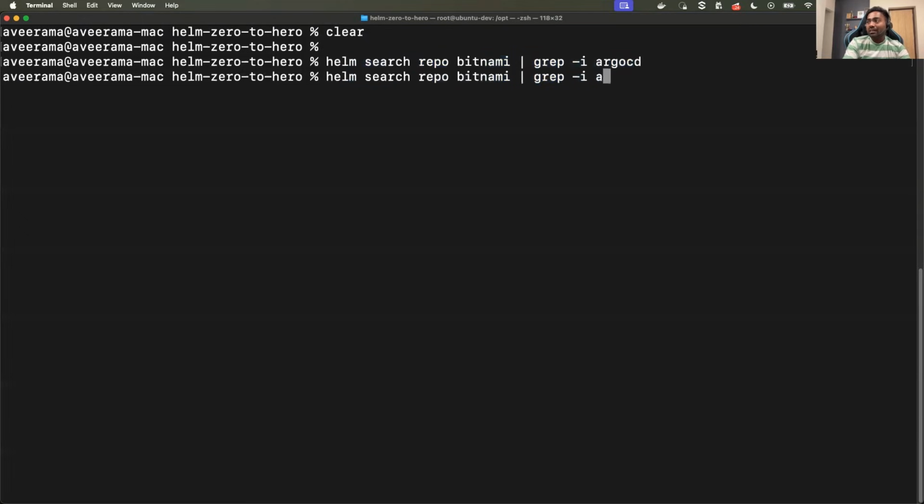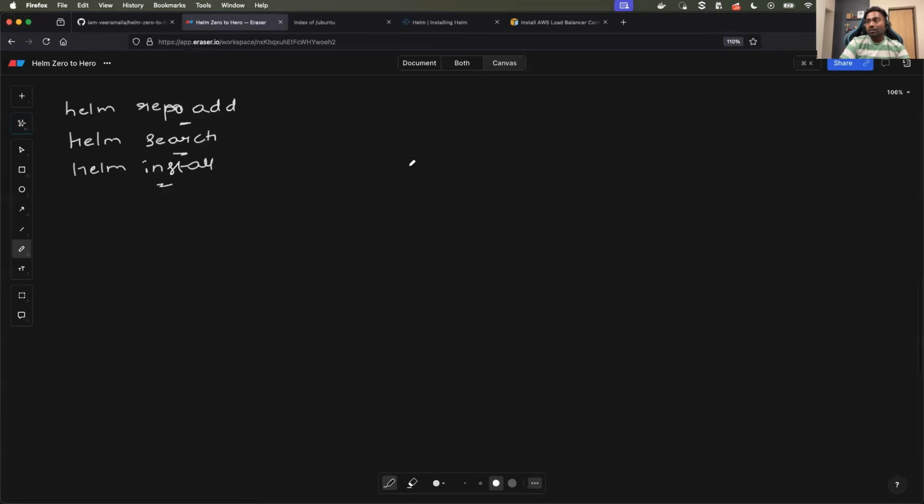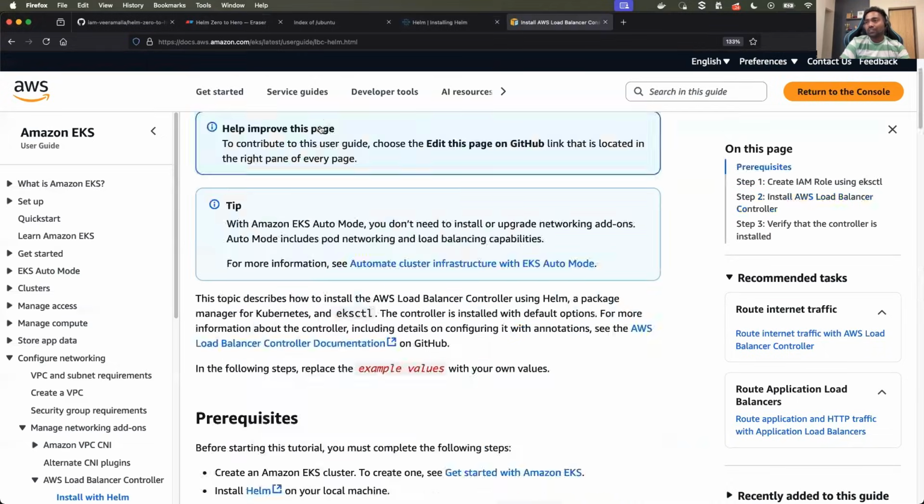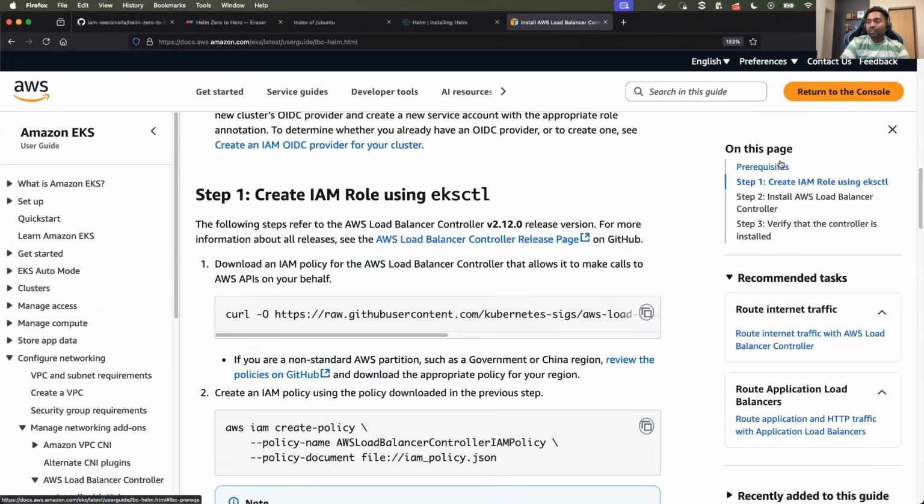And similarly, let's say I'm working on AWS and I'm interested in installing the AWS load balancer ingress controller. See, even that is not available. The AWS ingress controller is also not part of Bitnami. In such cases, you don't have to panic because it is not your responsibility to create a Helm chart for it. Of course, if you want, you can do it. But by default, you can just search for the AWS documentation. I just search for install AWS load balancer controller with Helm. And if I scroll down,